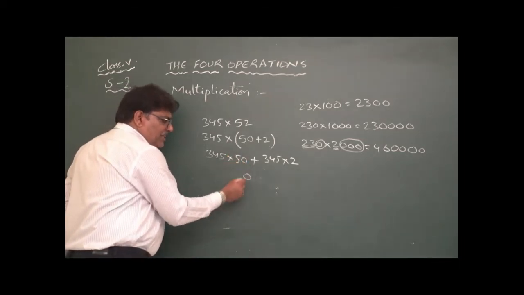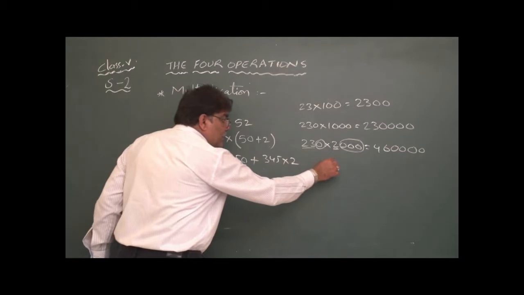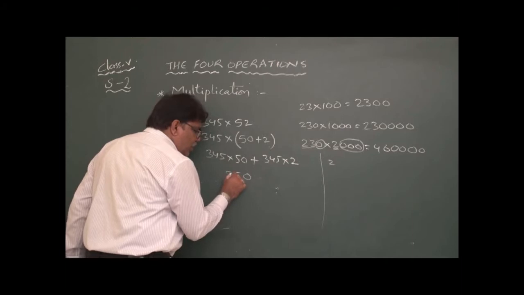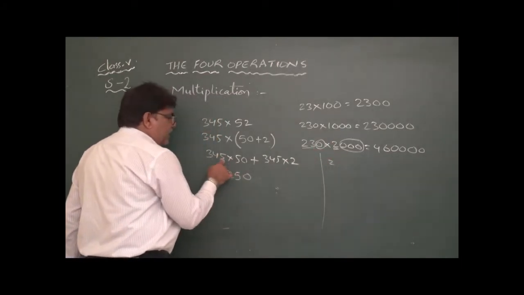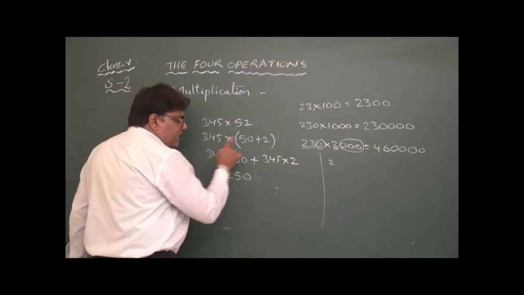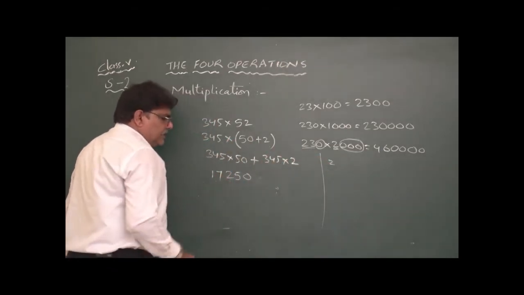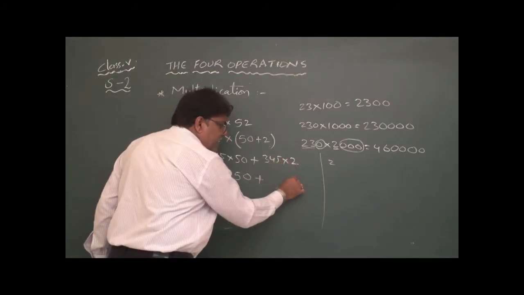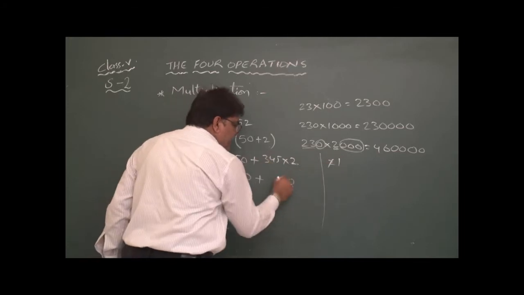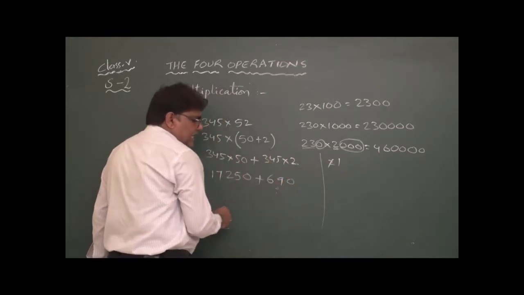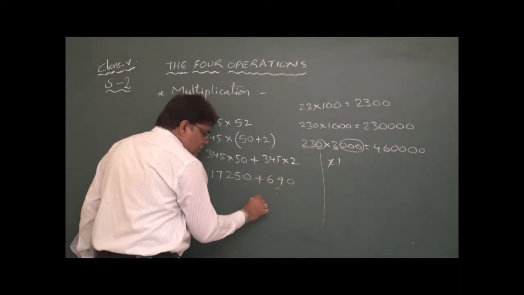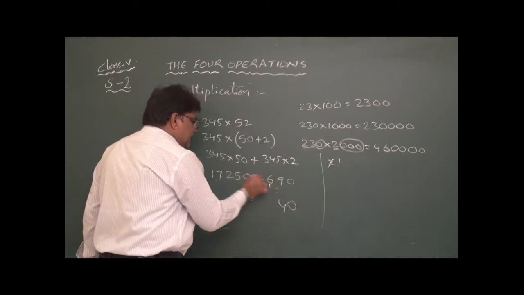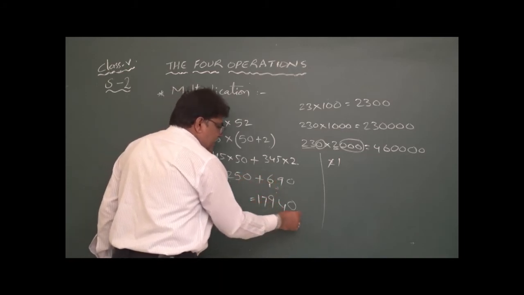Now, while multiplying with whole numbers, you will get 0. Keep 0 here. 5 5s are 25. In the rough column, we should take the carry. 5 4s are 20 plus 2, 22. Again 5 3s are 15 plus 2, 17. Like this. Plus 345: 2 5s are 10, carry 1. 2 4s are 8 plus 1, 9. 2 3s are 6. Like this. Then add. That is 0, 0, so we are getting 0. 9 plus 5 is 14. 6 plus 1, 7 plus 2 is 9. 17. Like this you are getting.